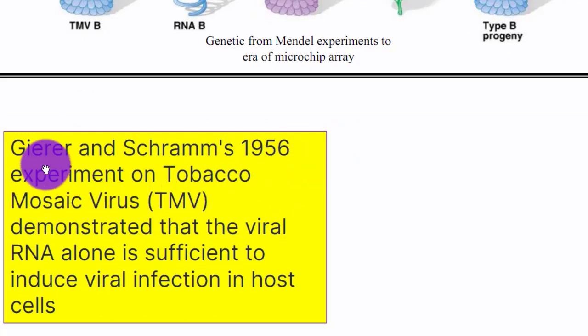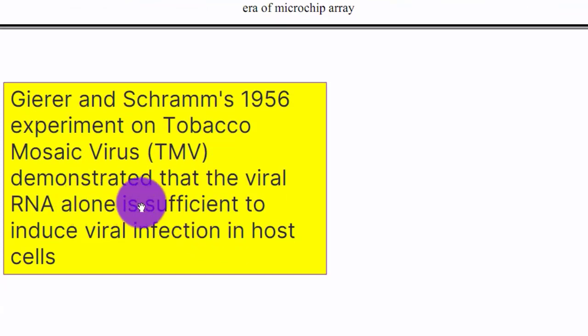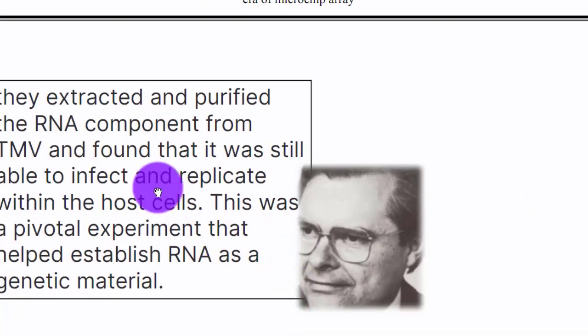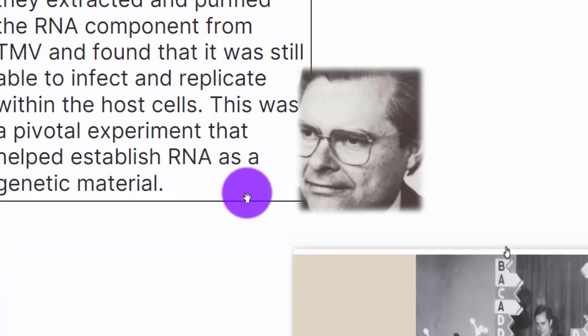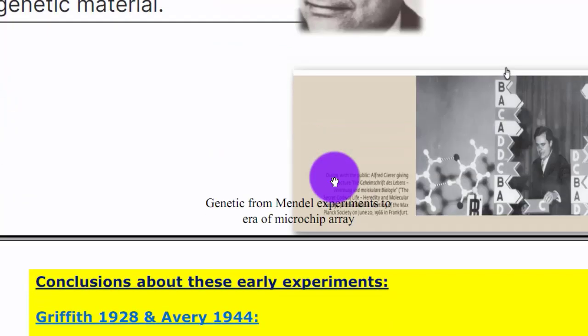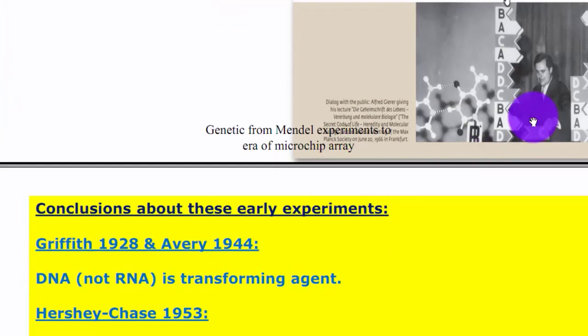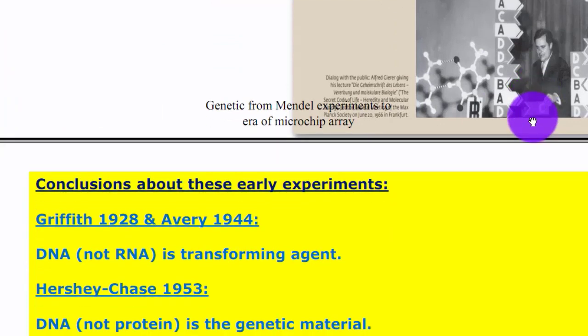Gierer is German. The experiment on tobacco mosaic virus demonstrated that the viral RNA alone is sufficient to induce viral infection in host cells. They extracted and purified the RNA component from tobacco mosaic virus and found that it was still able to infect and replicate within the host cell. This was a pivotal experiment that helped establish RNA as a genetic material. And he gave a lecture at the Max Planck